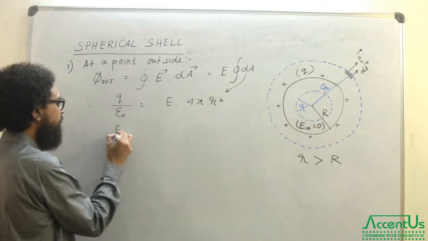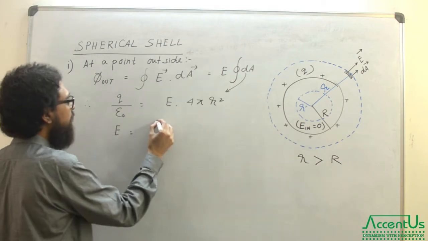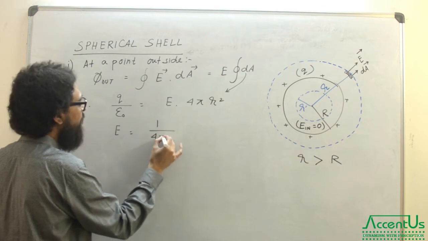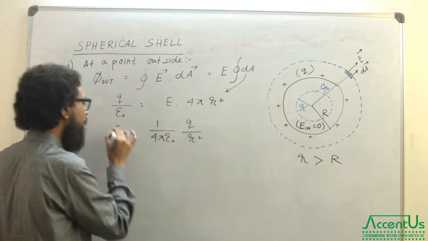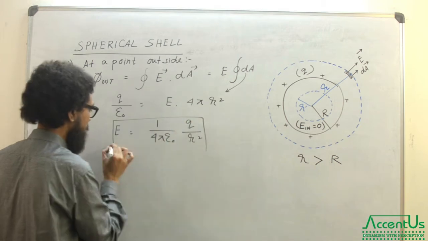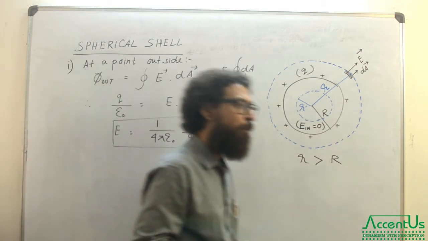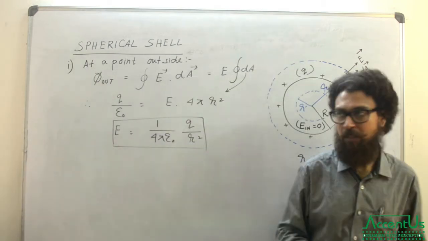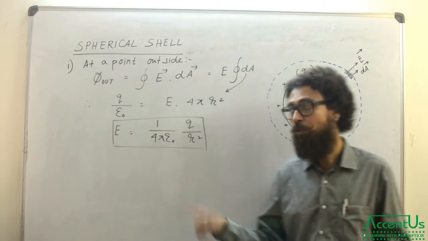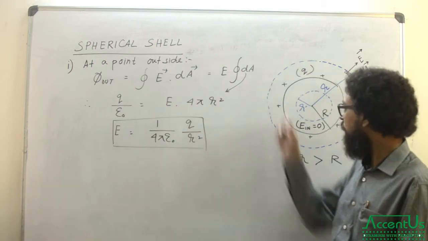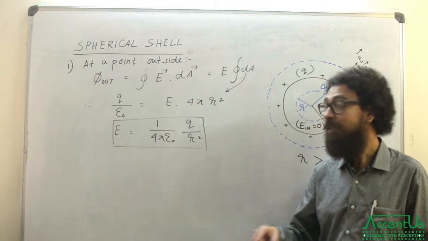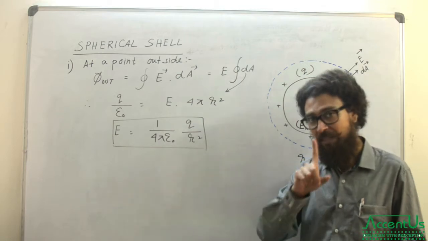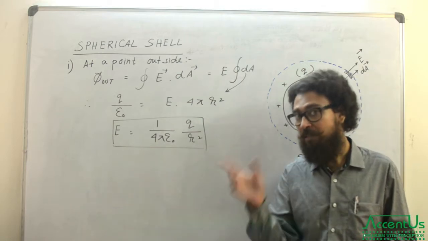So what is E? You will be thinking, okay, why are we doing this? Because you already know this expression, but remember, this expression previously was for a point charge. Now it is a distribution of charge. The total magnitude of the charge which is distributed over the spherical boundary is Q. It is not a point charge. Please identify this dissimilarity.